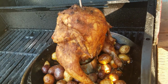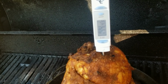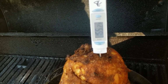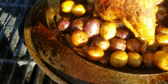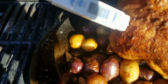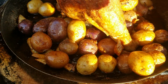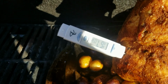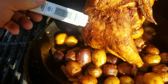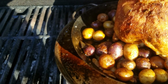Nice. So it's getting to be time for a temperature check. So we're gonna look at this. This is getting up, oh yeah, we're up over 160 there. Sweet. And in that thigh, getting in there. Check out those potatoes. Okay, yeah, that's almost around 170. I'm gonna give it just a little bit more time. I'm gonna crank some of the heat here,